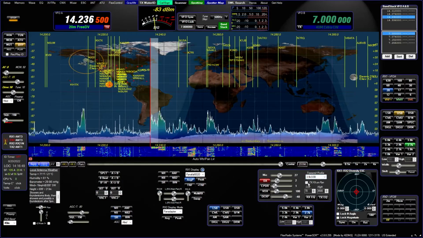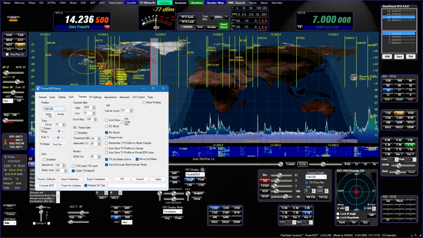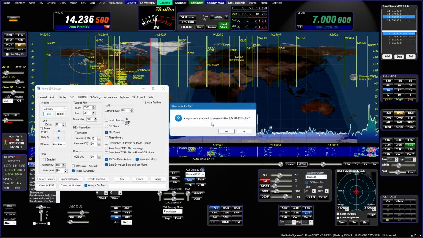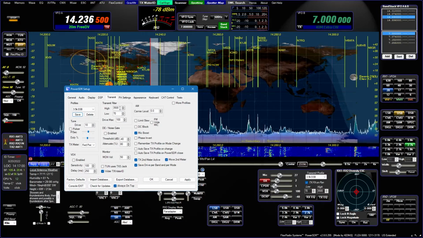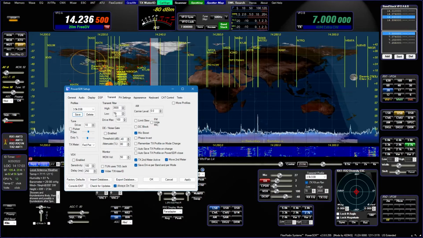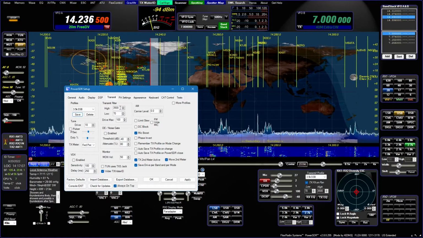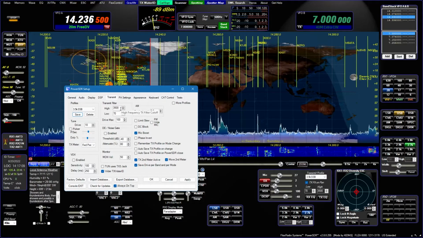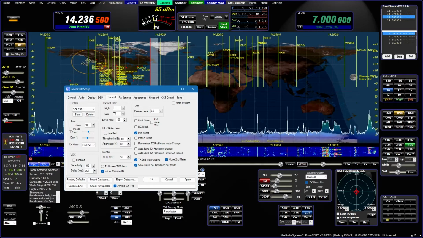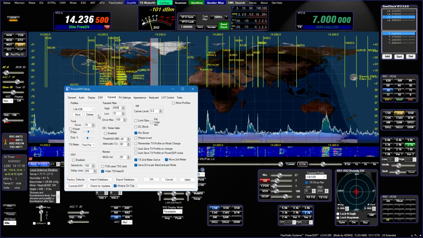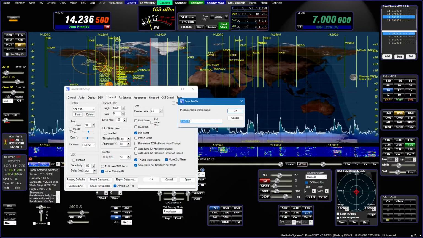And then I do like to see my transmit bandwidth up on the screen. I right click on here to open this up and save it. If you're running narrower, like below 4K, somewhere around 3.5, you really can't go down to 0. It'll be too muffly. You need some high end to balance the low end. So if you make another profile, and let's say you're doing eSSB and you're going 6K, now you can go down to 0, and then I can save this as a 6K